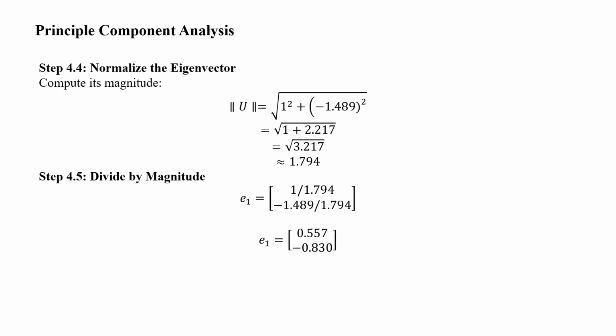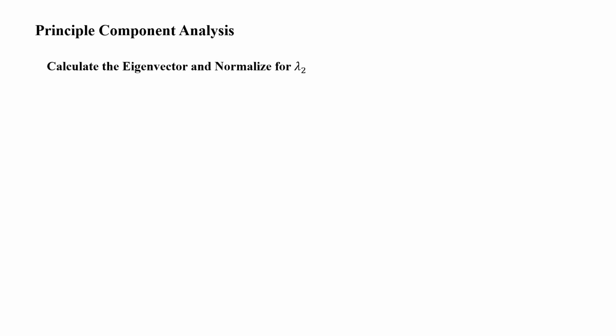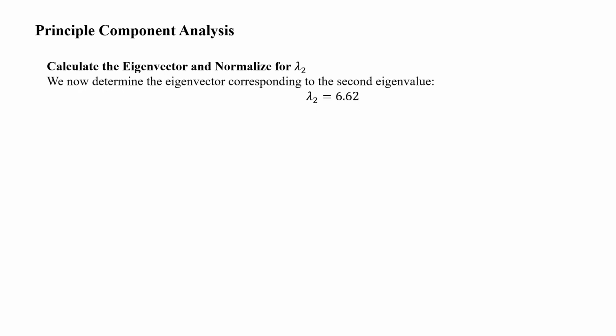This gives 0.557, negative 0.830. So the normalized eigenvector is 0.557, negative 0.830. Now, we calculate the eigenvector corresponding to the second eigenvalue. Lambda 2 equals 6.62. To find the eigenvector, we solve the equation (C minus lambda 2 I) multiplied by u